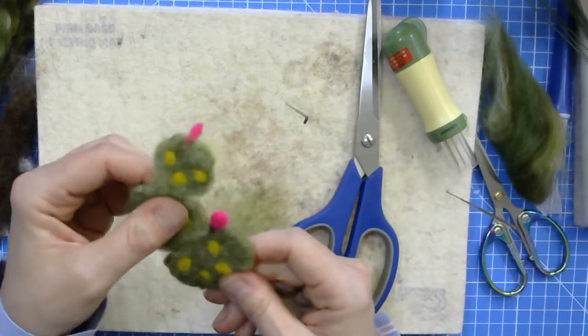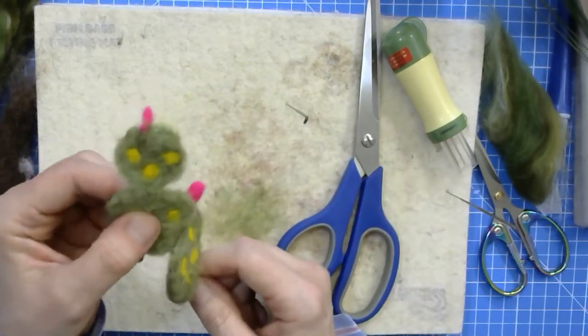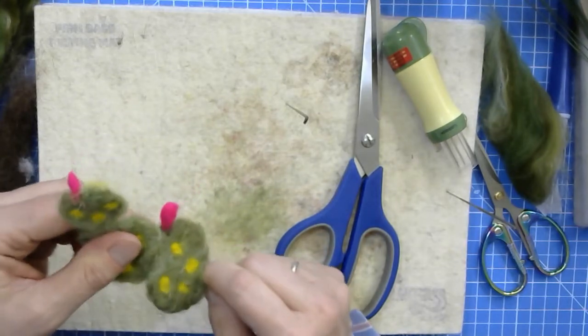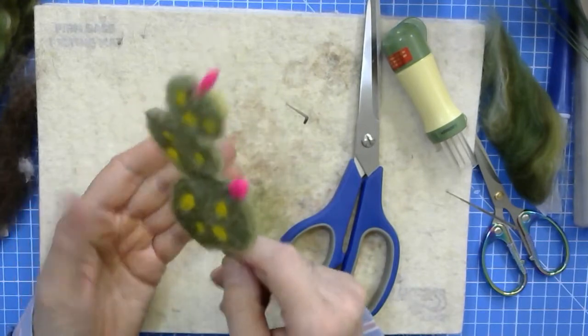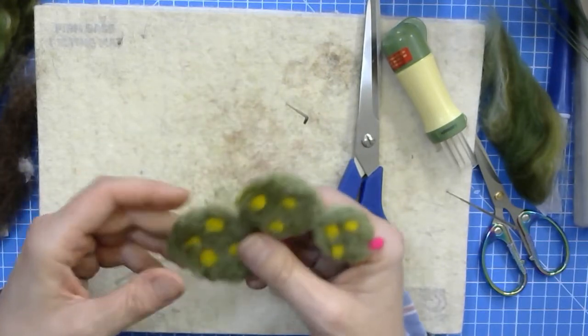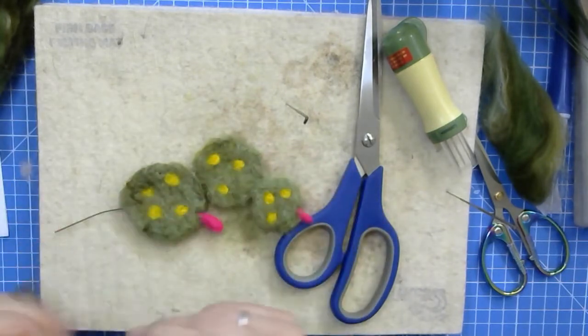There. If you wanted to, you could go all the way to the top. You'd have to sort of go at a slight angle. I don't know if this wire is strong enough to do that, but it's not fluffy and floppy anymore, so that's fine. So what I'm going to do next is I'm going to use a strand of the brown wool,